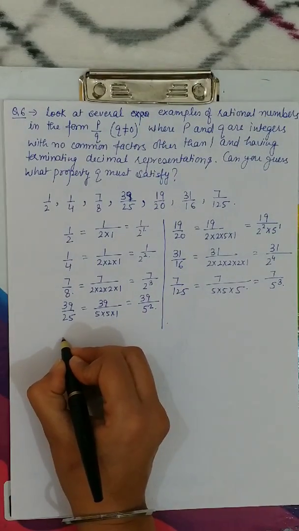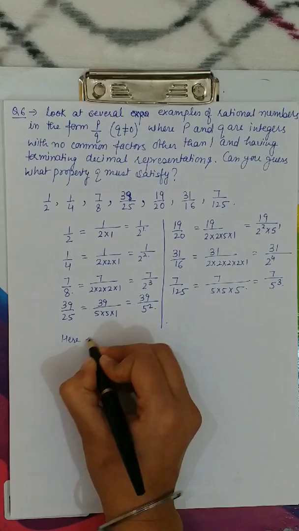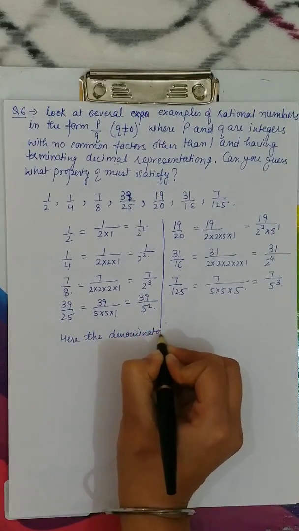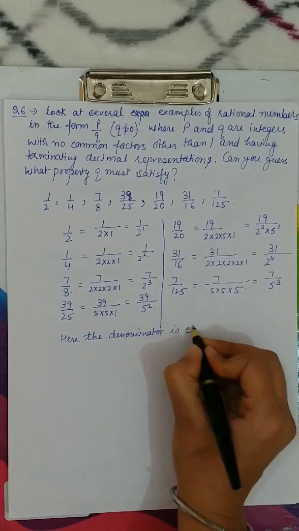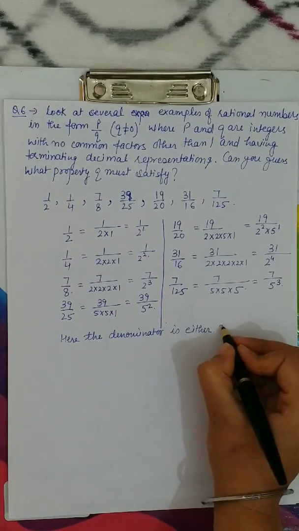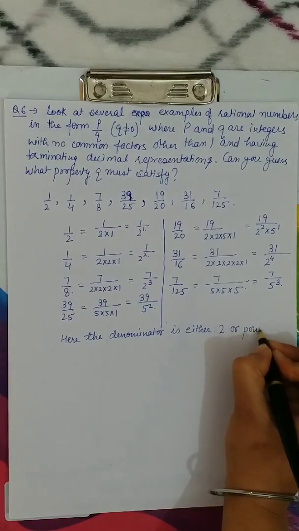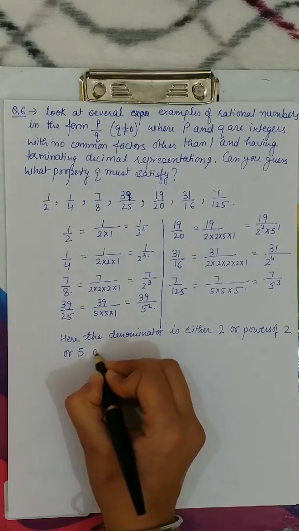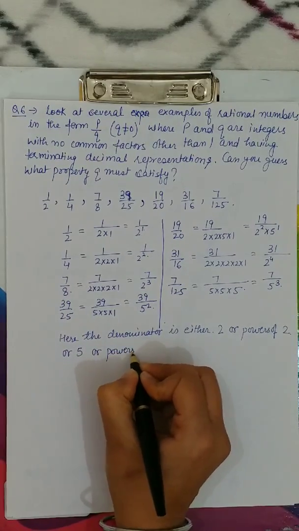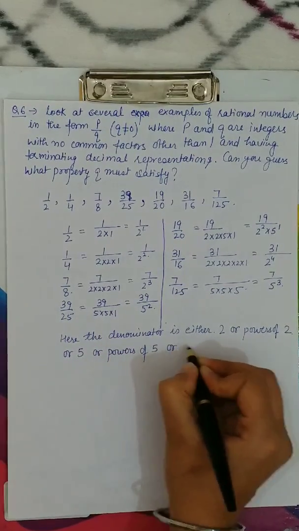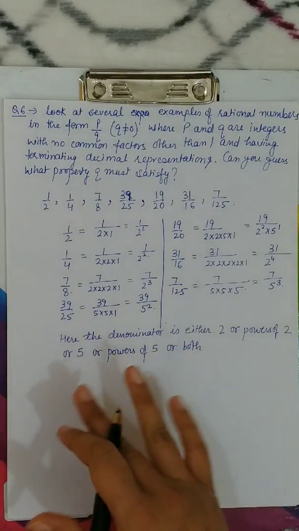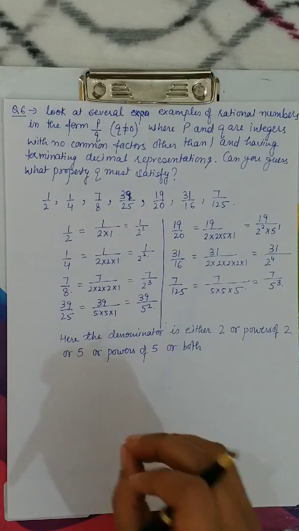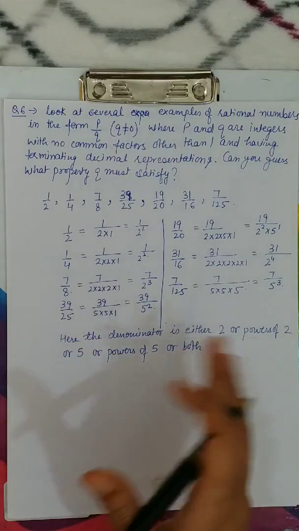See, if you see here, the denominator is either 2 or powers of 2, or 5 or powers of 5, or we can say both, whether the power of 2 or the power of 5 or multiple of 5 and 2. So